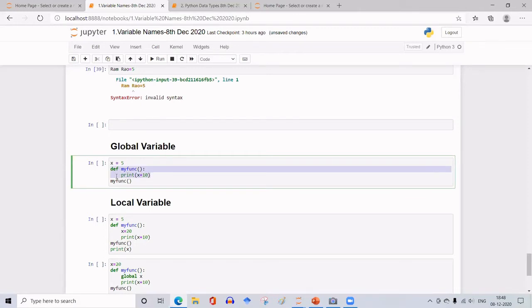And then you also observe here, when the def function starts, def myfunc, it will start from the first column, but the next line has to have an indentation, that is one tab spacing with respect to the previous line. So this is called indentation.